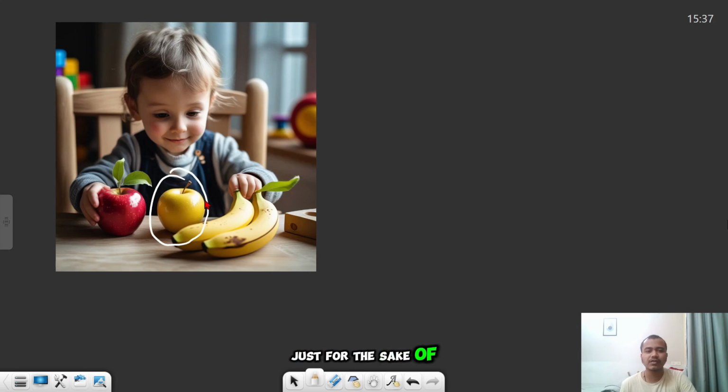Just for the sake of this class, I made it. Even if this apple is yellow in color, he doesn't call it a banana because the main shape of this fruit is not a banana shape, it's an apple shape. So he says that this is an apple. This is the advantage of learning from data.